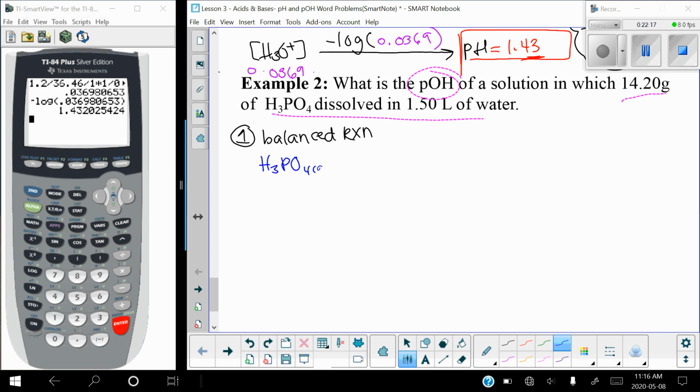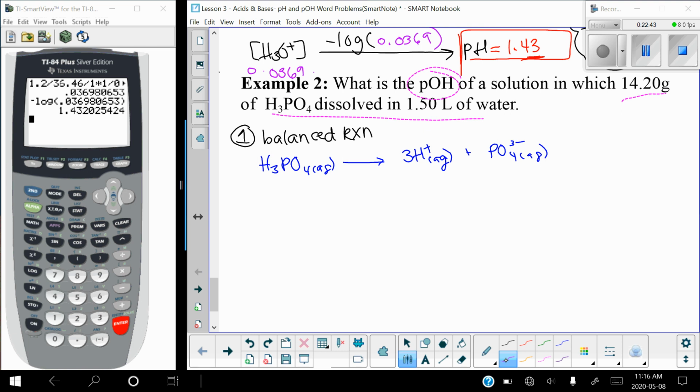So H3PO4, when in water, is going to turn into 3H+ aqueous plus PO4 3- aqueous. From here, let's list things that we know and things that are going to connect us to the flow chart,